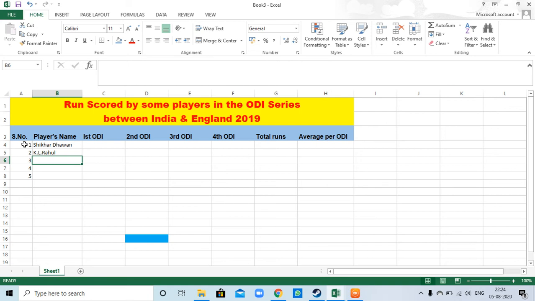Third one is Virat Kohli. Fourth one is Rohit Sharma. And fifth one is Rishabh Pant. Now score in first ODI, you can enter any values.